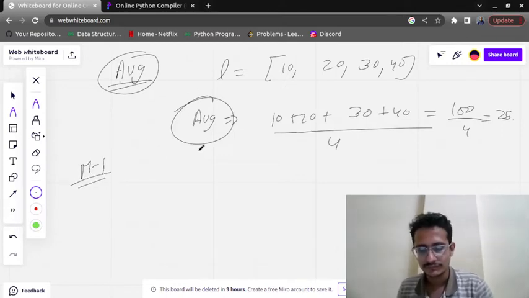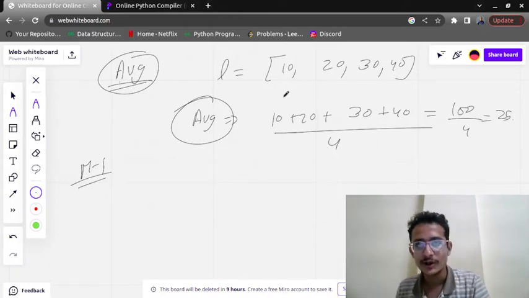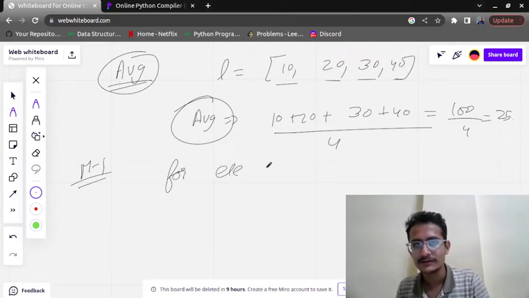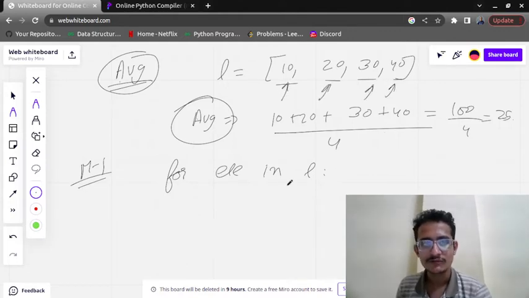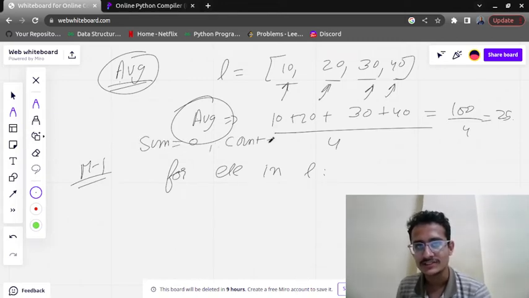I hope you have thought of a logic. What you have to do is traverse each element of the list, and for traversing we use the for loop. For element in list helps us traverse the list. Initially I will make sum 0 and count also 0.